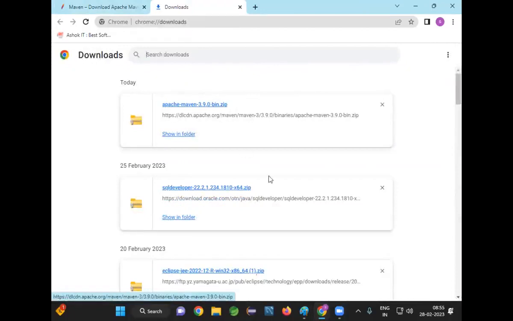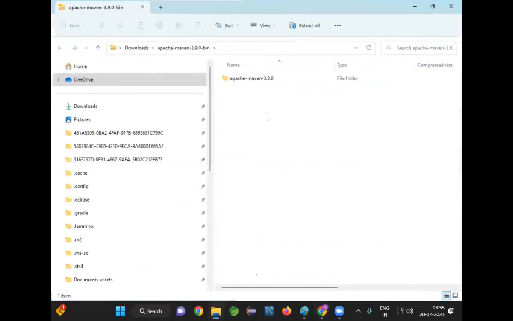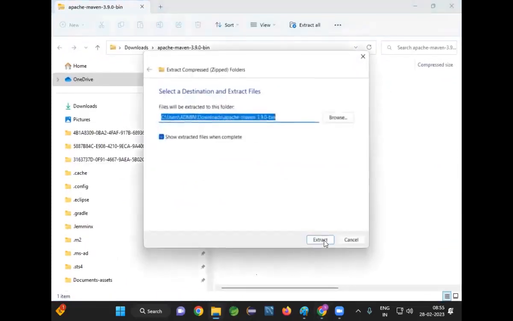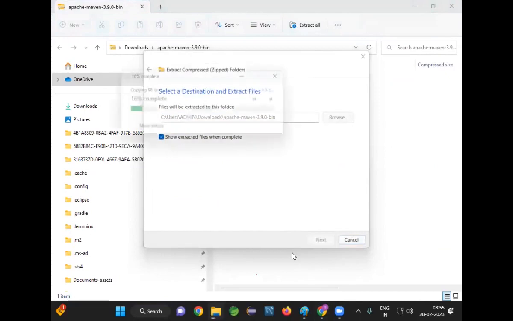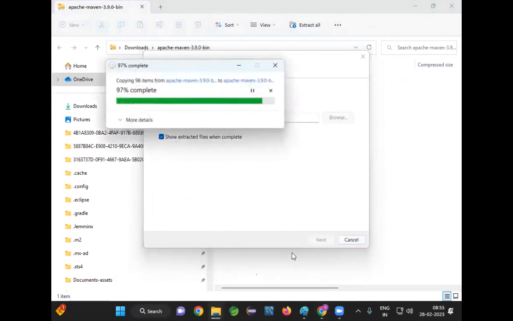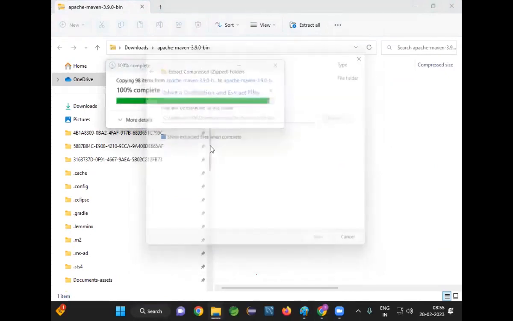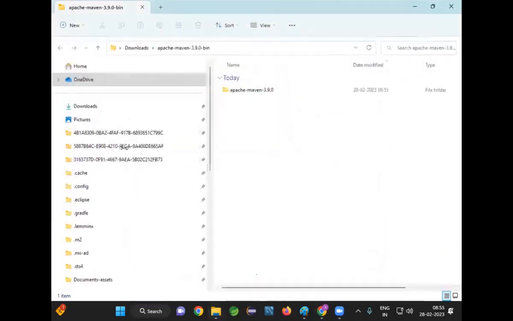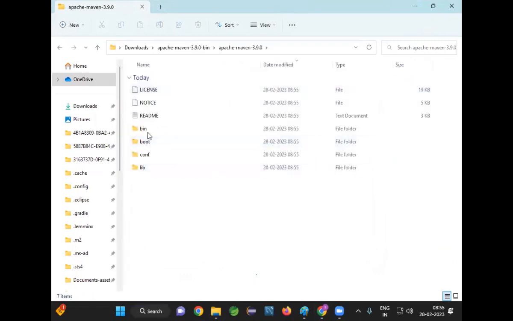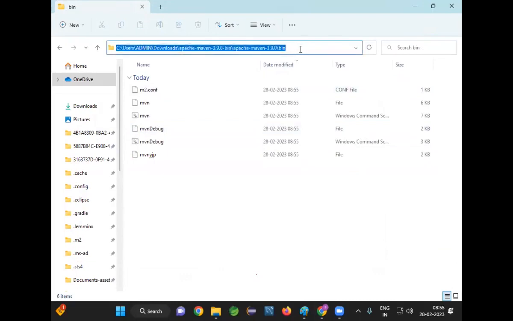What do I need to do now? Extract it. I will extract into my Downloads only. Once it is extracted, you can see one Apache Maven folder. Inside this Maven folder, you can see the bin folder, right? What you do now is copy the location of the bin folder in Maven and add it to